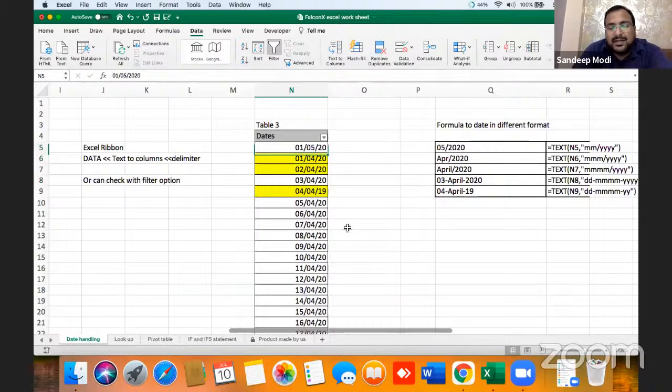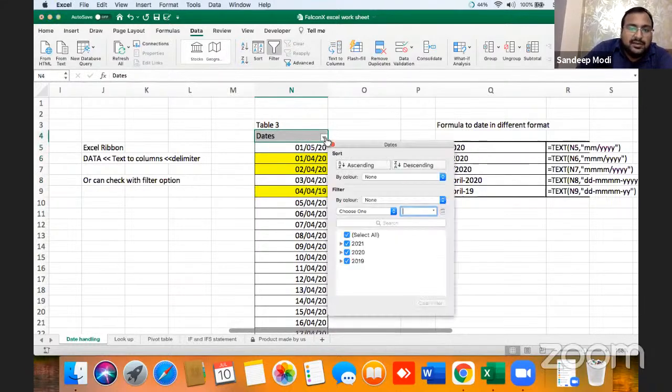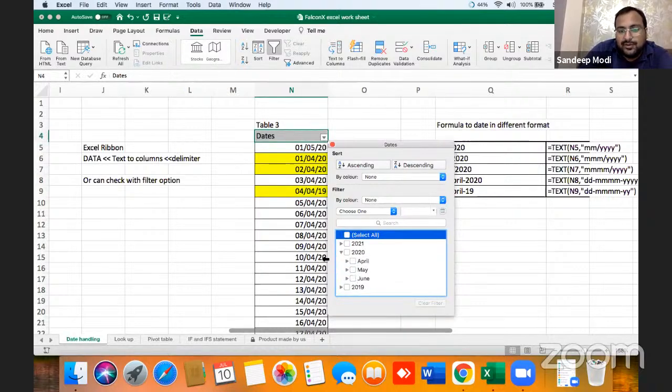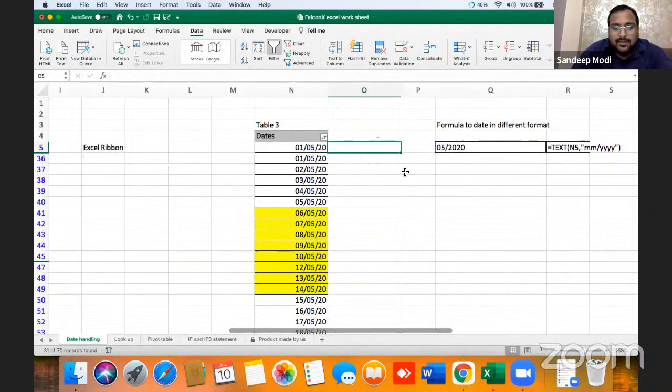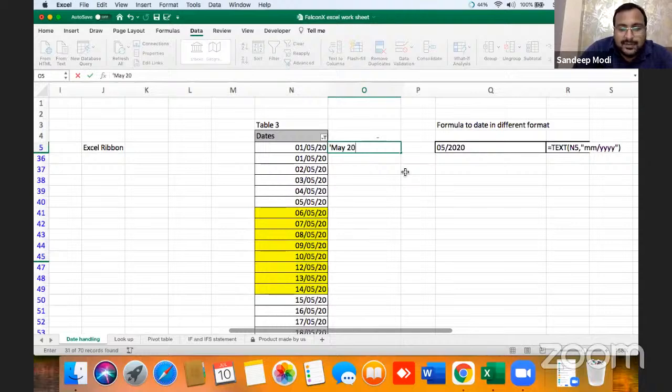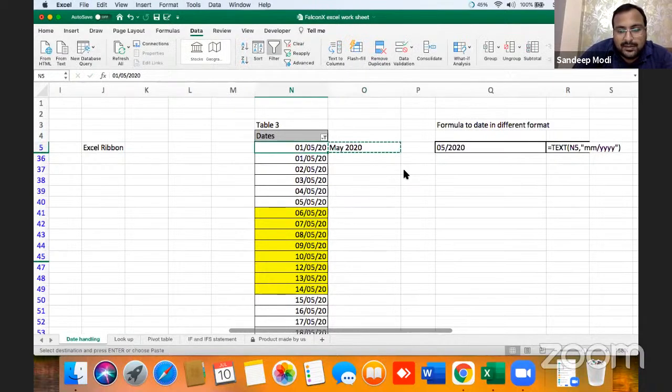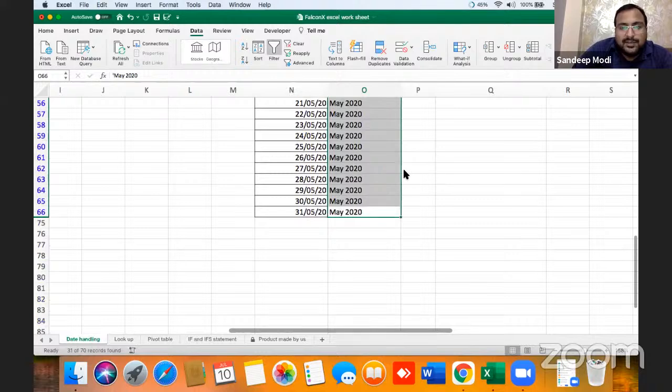Now, sometimes I want to see data in the month format. For example, I want to see April, May, and June data only. So how can I do it? One method is this.